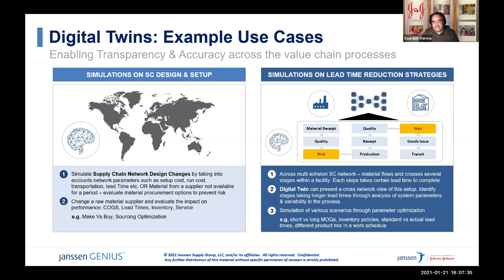On the other hand, I have a use case where we are working on lead time optimization. It's a very interesting example. We have a product called CAR-T. It's a product to treat cancer. And the interesting fact about this product is that the patient itself acts as a raw material supplier to this product. So what happens is we have to take the blood